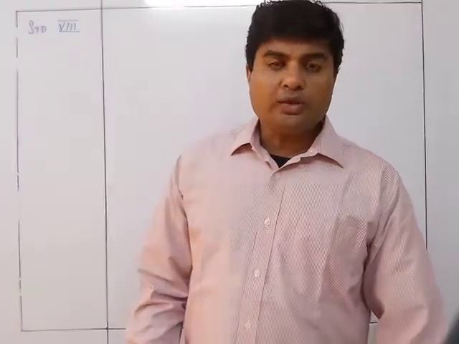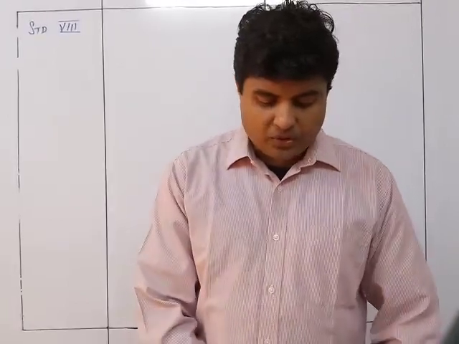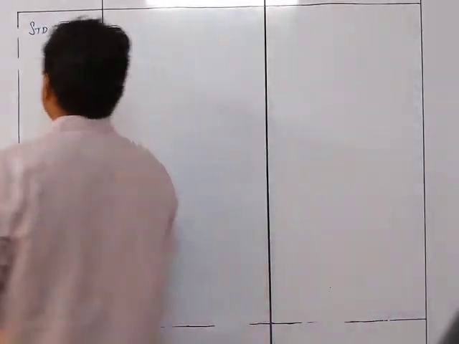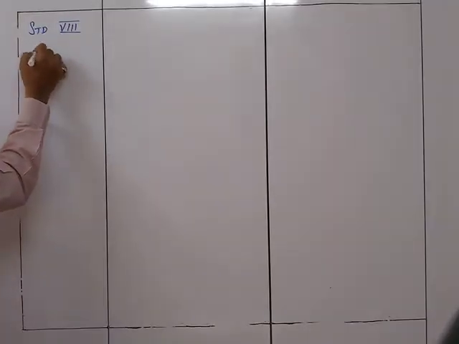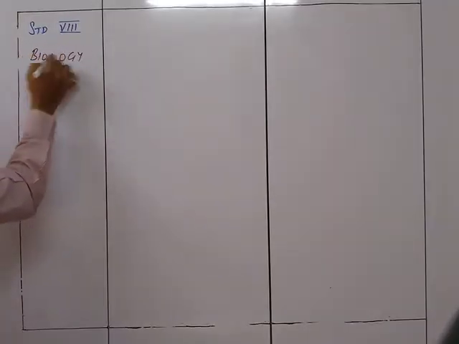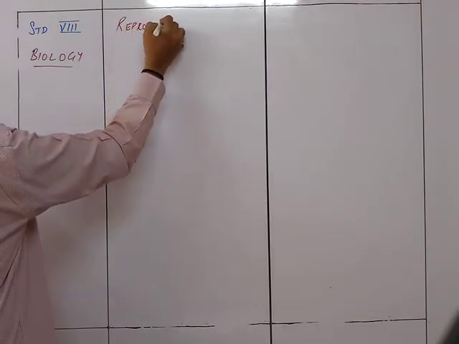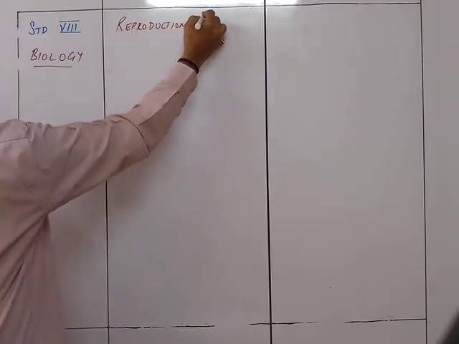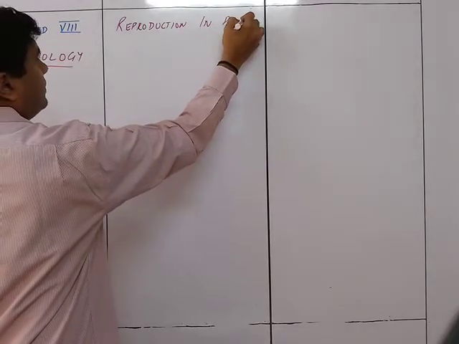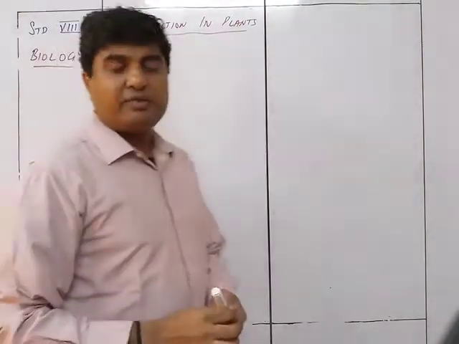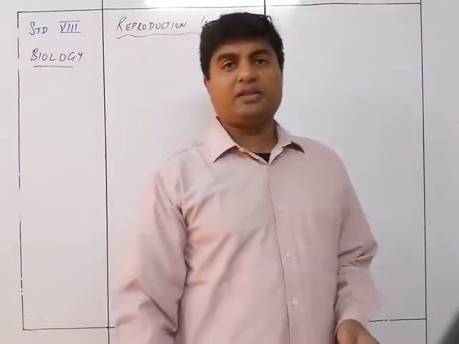We now move on to the very small part left out of the reproduction in plants in biology in standard 8th, that is biology, that is reproduction in plants. Now, up till now we already studied the complete part of the reproduction in plants, that was the asexual method,